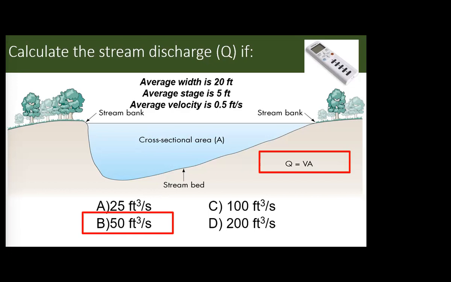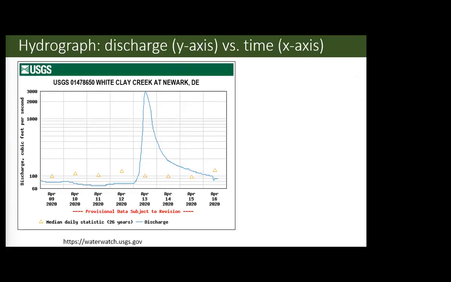That's exactly right. It makes perfect sense. 20 times 5 is 100. And if you half that with the 0.5, that's 50 feet. So very good. Okay, so